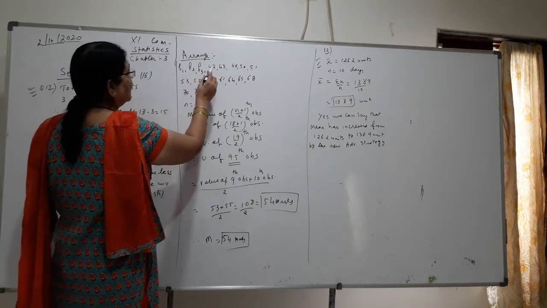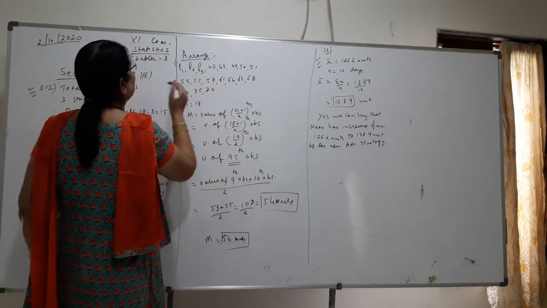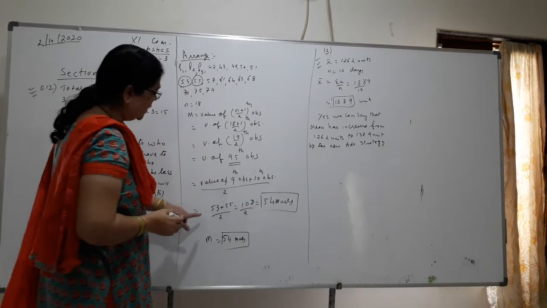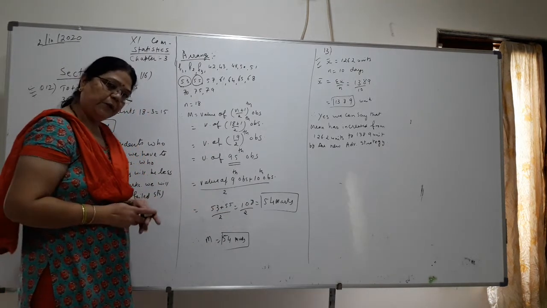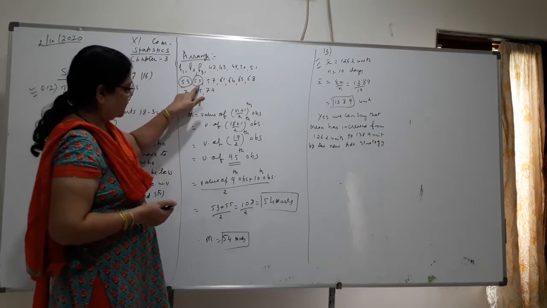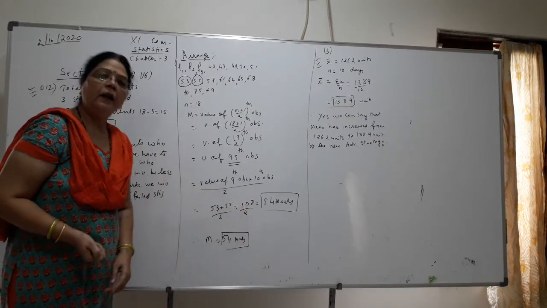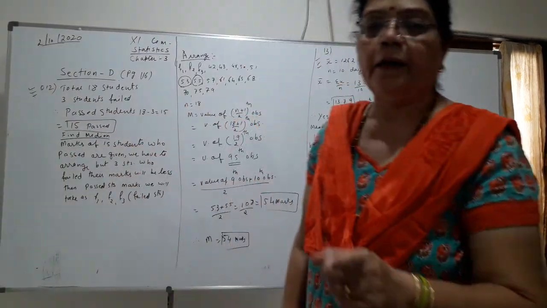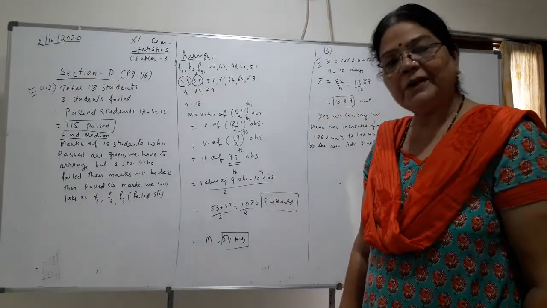1, 2, 3, 4, 5, 6, 7, 8 and 9. Which is 9th observation this. And which is 10th observation 55. So 9th observation plus 10th observation divided by 2. So 53 plus 55 divided by 2, you will get 108 upon 2. So you will get 54. So the median marks of the 18 students is 54 marks. Very simple but very important.